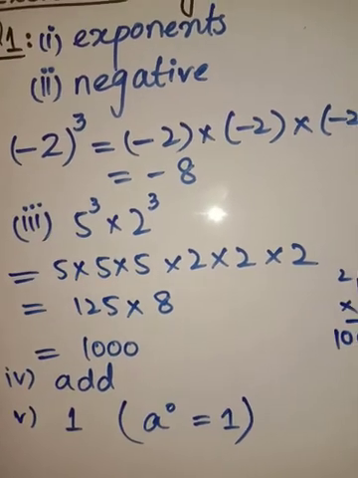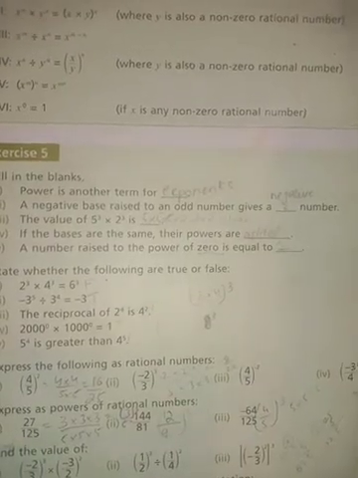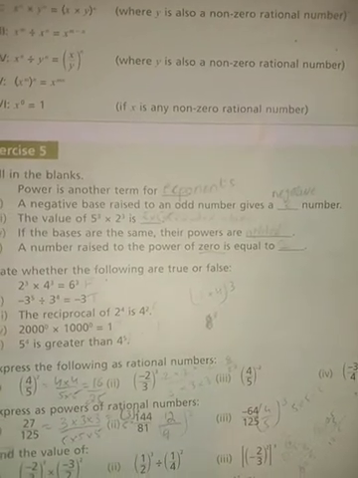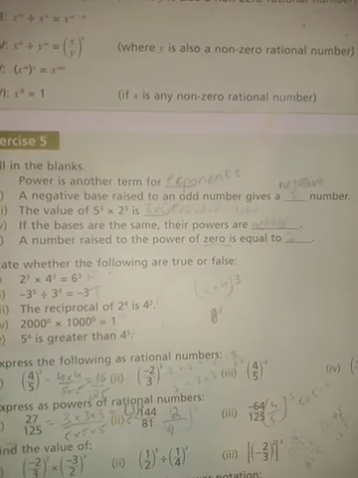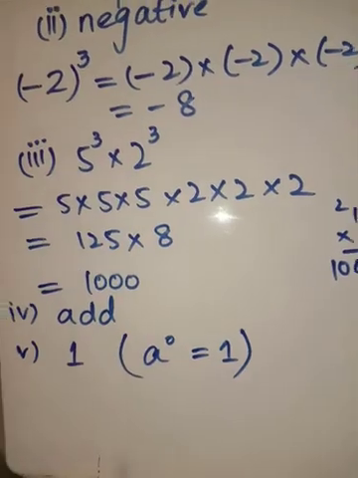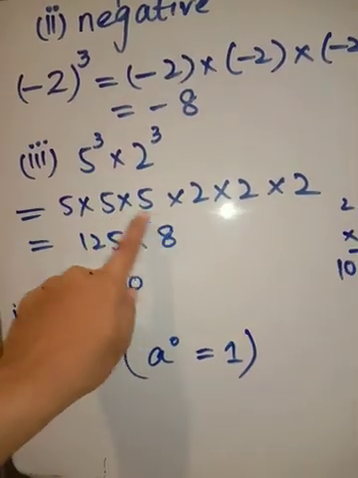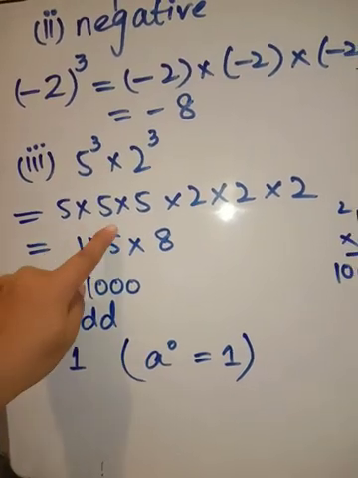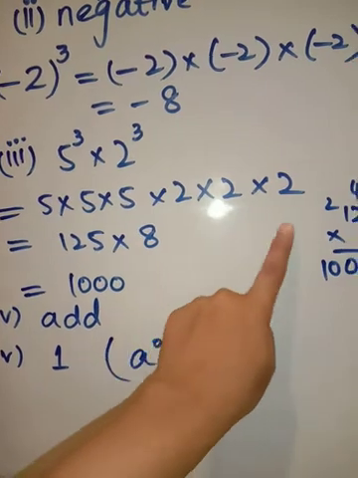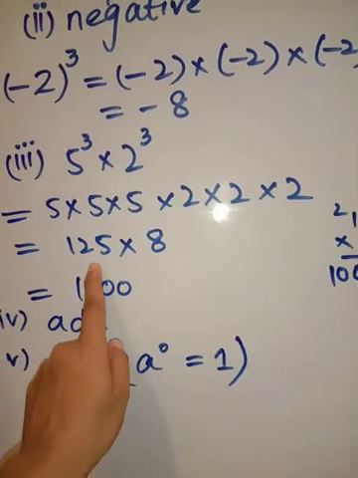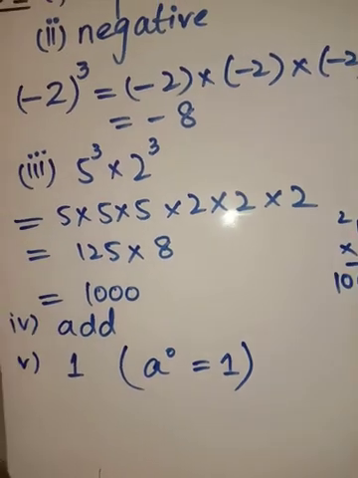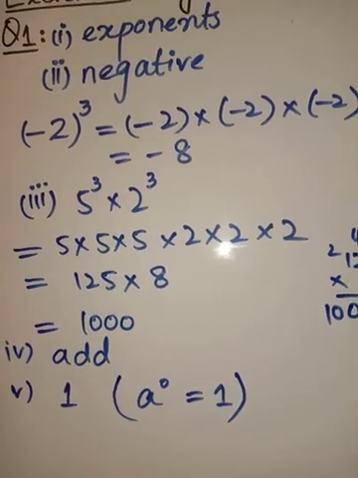Now third part is, value of 5 cube and 2 cube is... You have to write 5 3 times and write 2 3 times. So what will we get? Let's have a look. By multiplying 3 times 5 and 3 times 2, what did we get? 5 5s are 25, 25 5s are 125, and then 2 2s are 4, 4 2s are 8. 125 when multiplied with 8, it will give 1000. So the answer will be 1000.